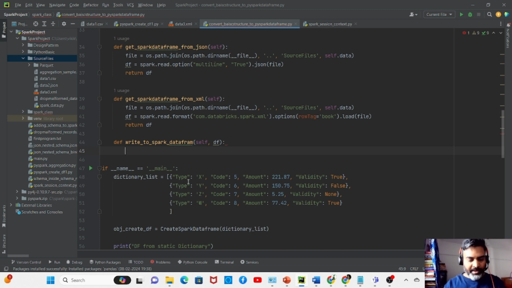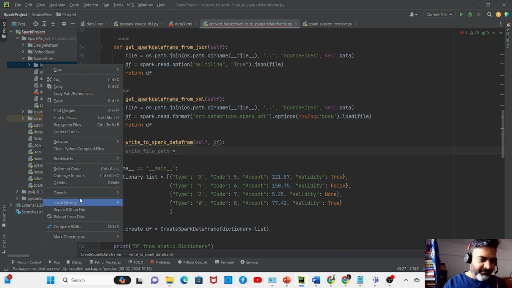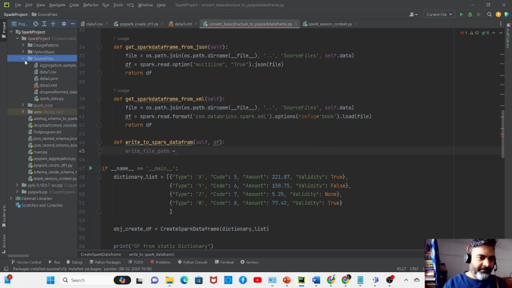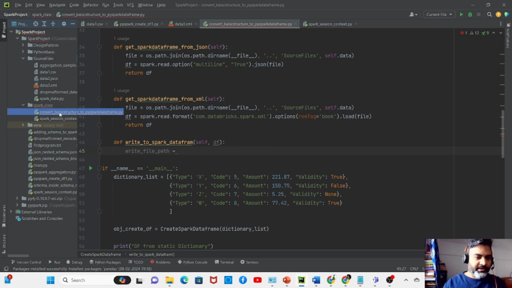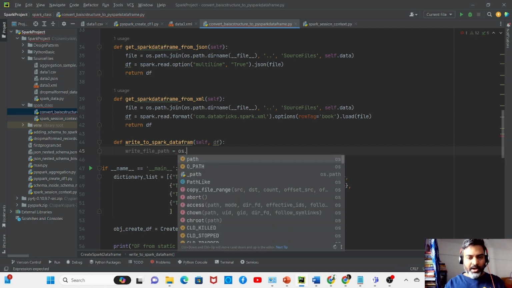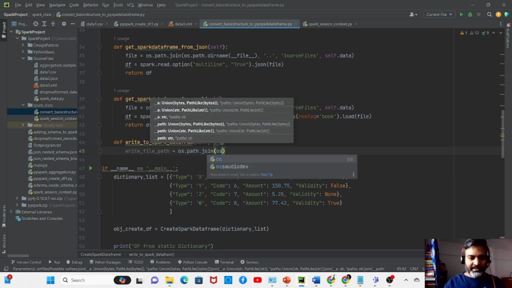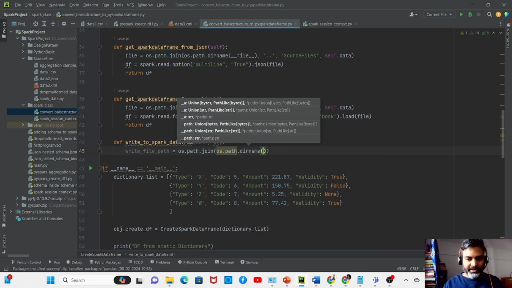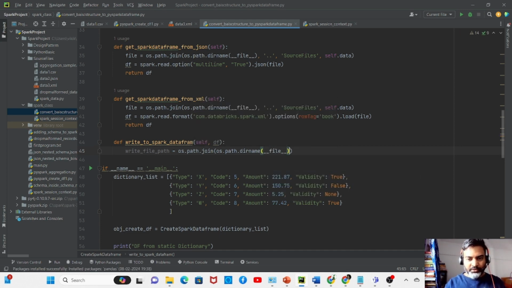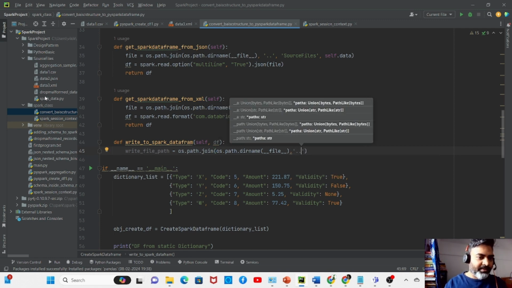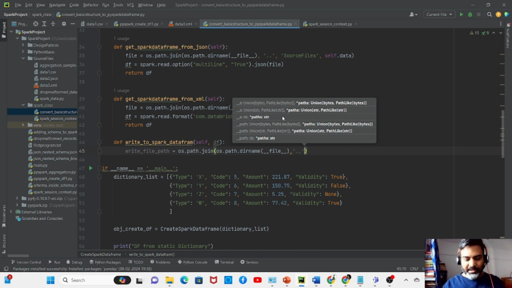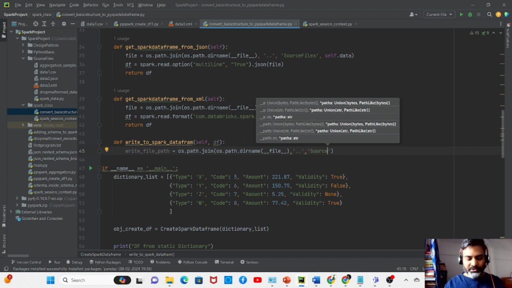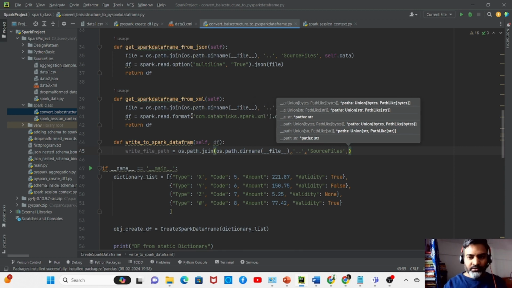So I'll say my write file path is, let me just drop this folder so I can use the same folder name. I'm working on this particular Python file, so I'll create a path.join. I need the current directory, os.path.dirname of this current code file. This is my current code file directory. Then I want to go one level up, so from the Spark class I'll go to the Spark project. Once I'm there, I need to go into the source files, so the next path will be source files, and then I want to create a folder named